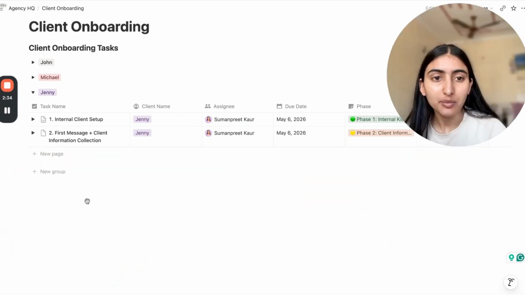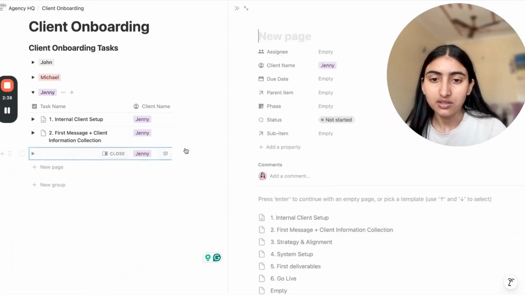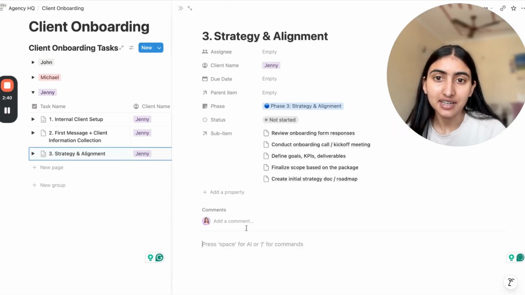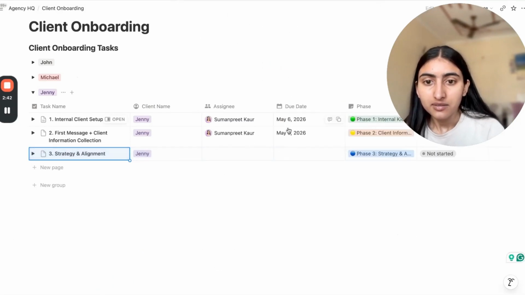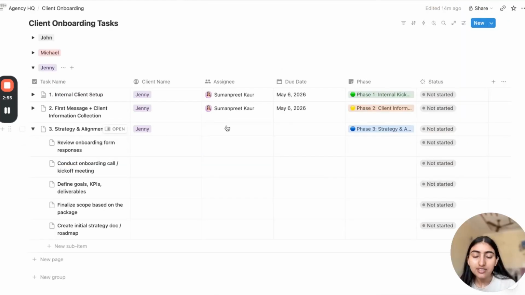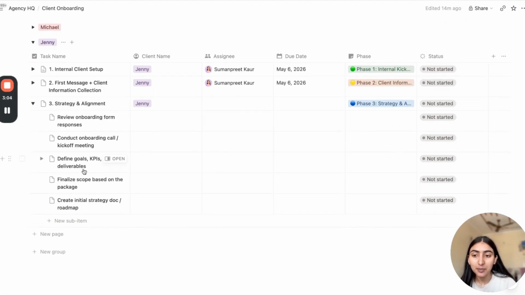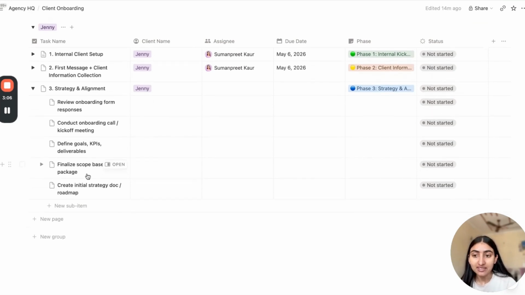And now similarly, we'll move on to the next onboarding task. Go here, go to the third task, and that is strategy and alignment. So here your strategist would be the assignee, who is reviewing the onboarding form response, conducting the onboarding call with the client, defining goals, KPIs, deliverables, finalizing scope based on the package, creating an initial strategy doc or roadmap.